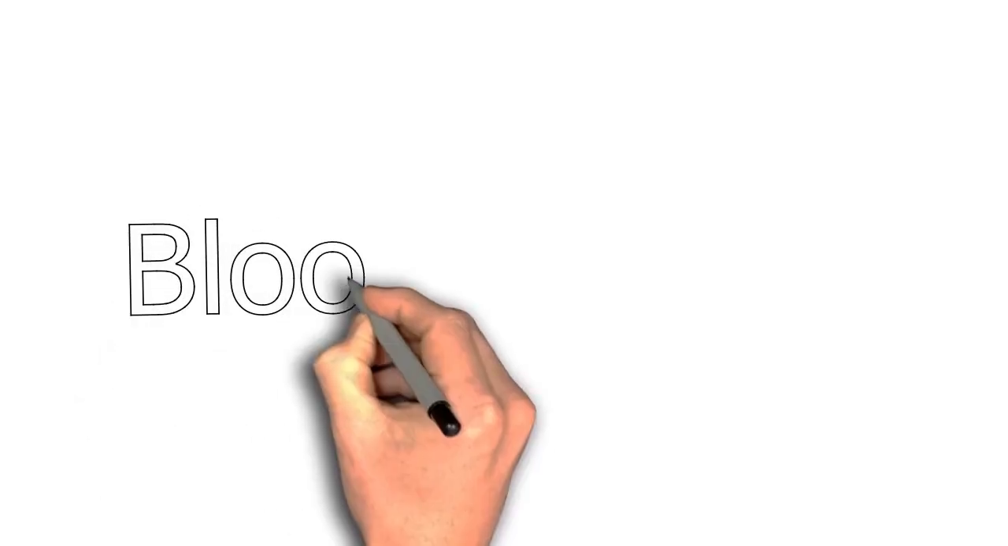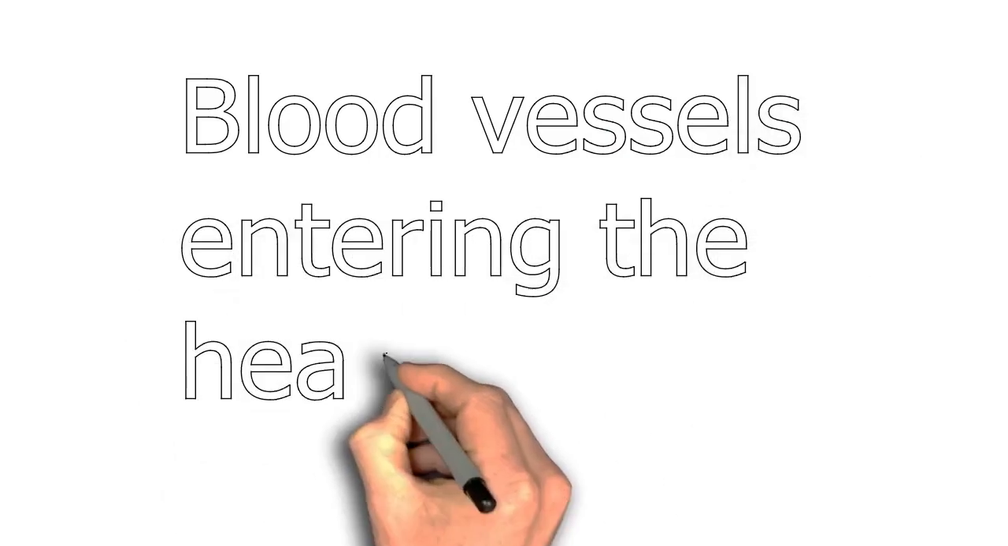Our next topic is blood vessels entering and leaving the heart. So what are the blood vessels that enter the heart and which are the blood vessels that are leaving the heart? So let us see the blood vessels entering the heart. Vessels entering the heart are the right auricle receives 2 large blood vessels called anterior vena cava and posterior vena